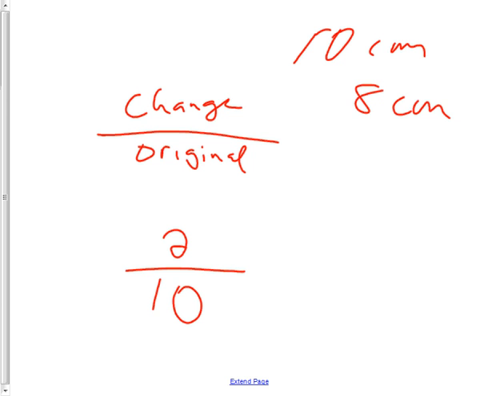Change is 2. Original was 10. 2/10 is 0.2. What percent is that? 20%. That's 20% shrinkage. All right. What we're going to figure out is what percent shrinkage a mushroom has as opposed to what percent shrinkage